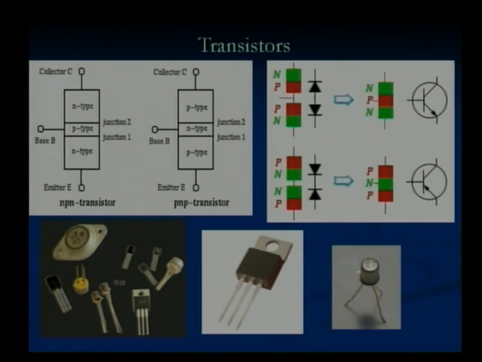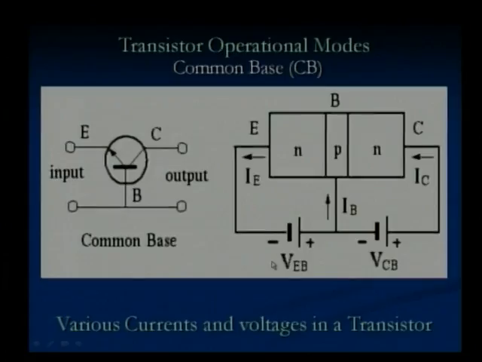Let us go ahead. Now these are the pictures of some transistors. You may have performed experiments with transistors in your laboratory, but maybe the transistors were within a box or you were not able to see them. So that's why I am presenting this picture to you. You can see different kinds of transistors, a 3-leg terminal, another 3-leg terminal. Different shapes are also possible, but this is a general picture of a transistor.